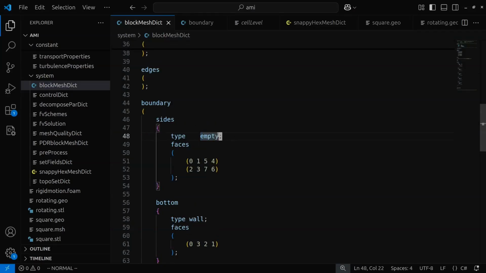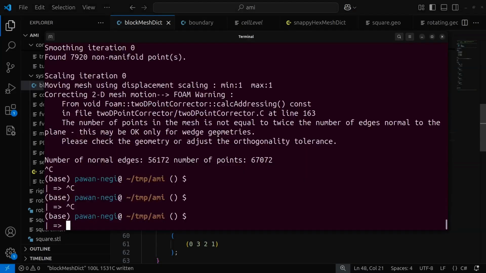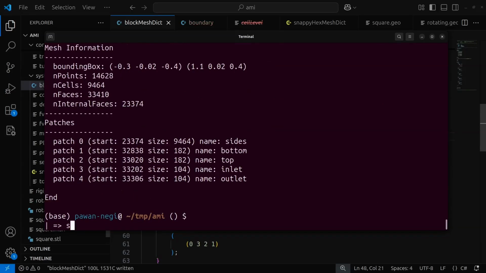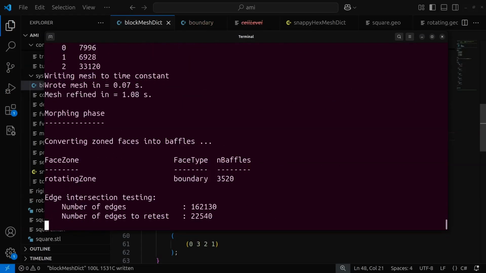Always make sure whenever you are using SnappyHexMesh, it should not have any wedge or empty kind of boundary condition. We'll replace this with patch, and then once our SnappyHexMesh is done, then we'll manually edit this. Now if I remove everything again and then run block mesh and then run SnappyHexMesh, then you can see it